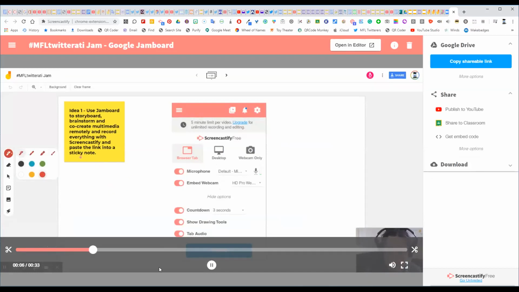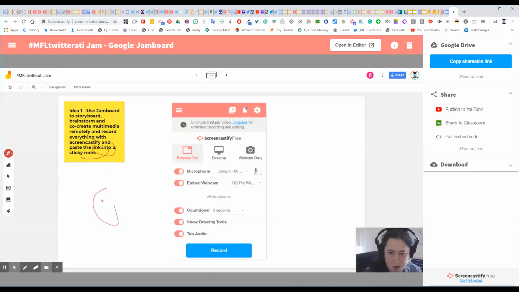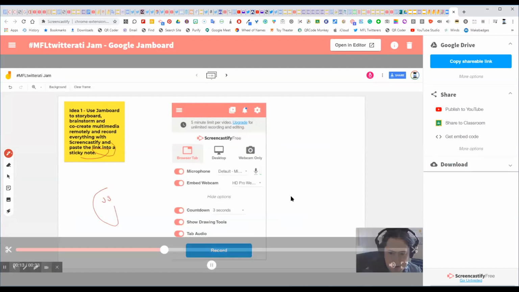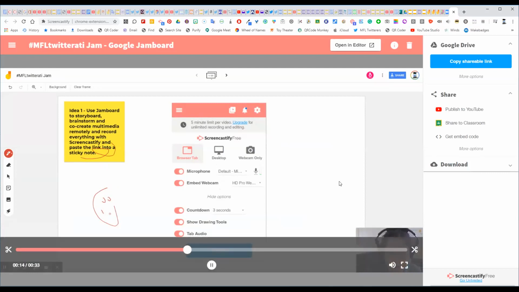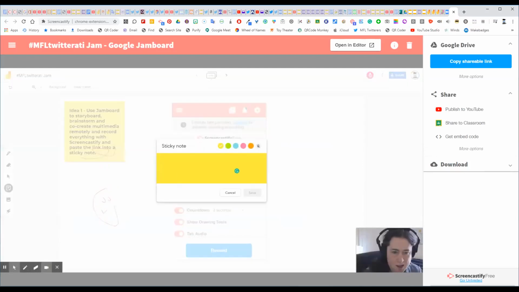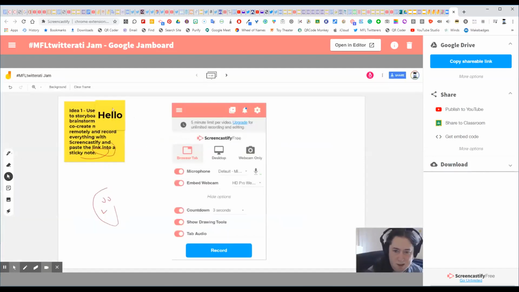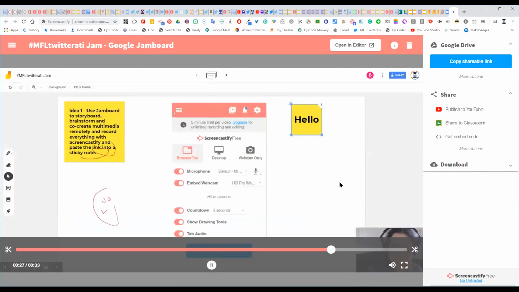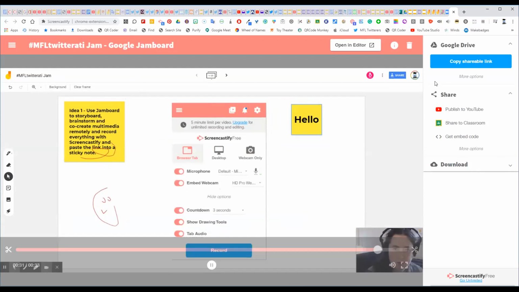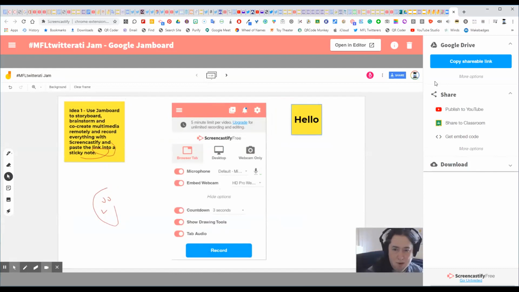And I could then be writing on the screen, or I could be drawing a picture. And if I was doing this, I probably would use the iPad app, because from the point of view that it's easier to draw in that way. But I could be clicking here. I could be adding a sticky note, and everything is being saved like this. Yep. So if I now press stop recording by clicking on the icon top left like this, and click stop,